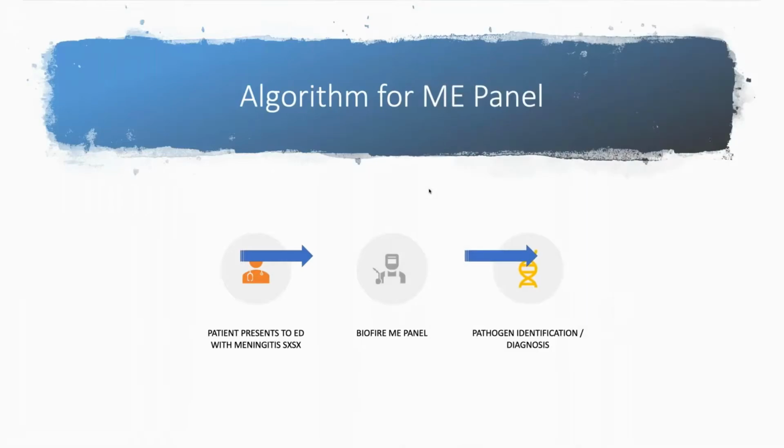Okay, so here is the algorithm, right? A rather complex algorithm, and I do apologize that the arrows got a little bit offline there. Here is the complex algorithm that we developed. Patient comes into the emergency room. You think they have meningitis, you get a lumbar puncture that goes straight to BioFire, and then we do pathogen identification. We kept it really simple, right? But we also said, listen, you do an LP, it's going through the ME panel with BioFire, right? That was a straightforward algorithm that we set up.